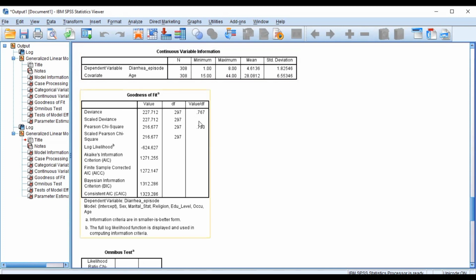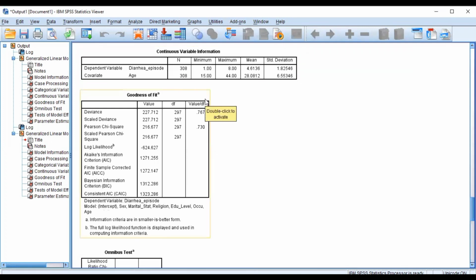So this value helps us to be able to know whether our model is under-dispersed, over-dispersed, or equi-dispersed. So when the value is 1, then it means there's equi-dispersion, less than 1 is under-dispersion, and over 1 is over-dispersion. And we can take a decision on that. You may want to watch our previous video where we look at the assumption checks to be able to know how you can make good use of this value, the value divided by